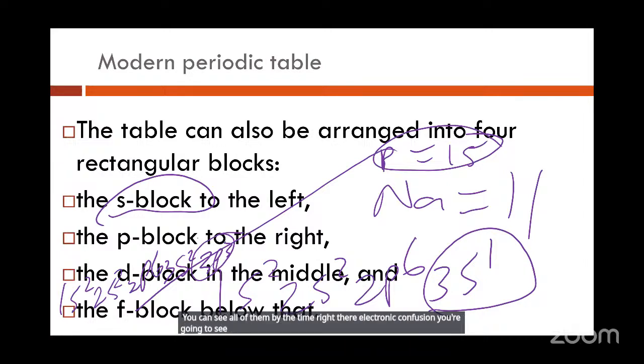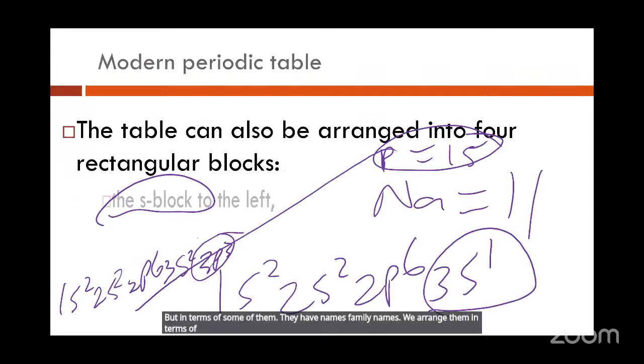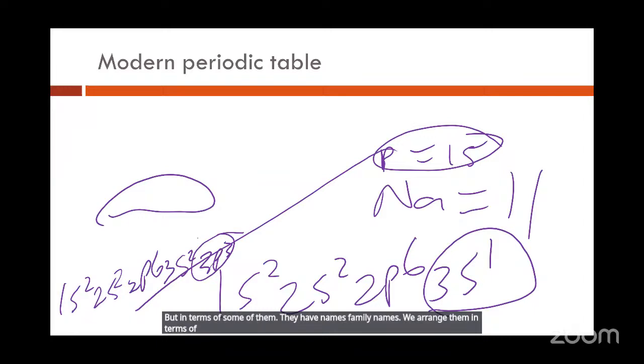So the periodic table, you can look at it in terms of blocks. You can look at the periodic table in terms of elements, whether they are electropositive elements, electronegative elements, and the rest like that. Or in terms of some of them, they have family names. We arrange them in terms of group. For instance, if you look at any periodic table,